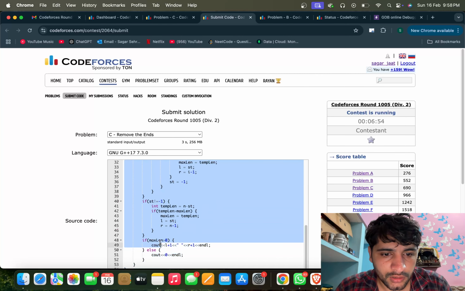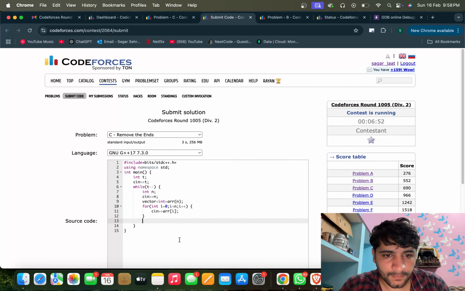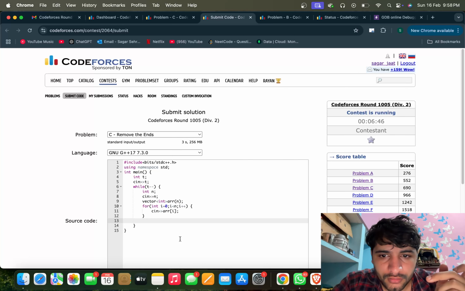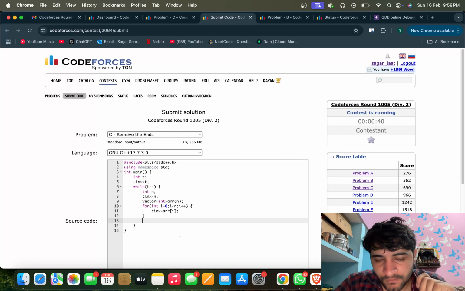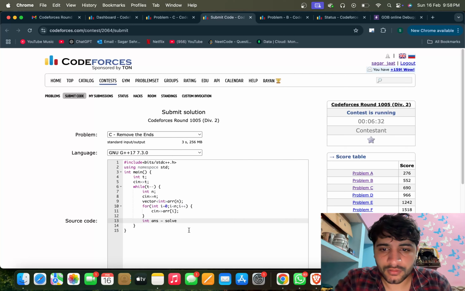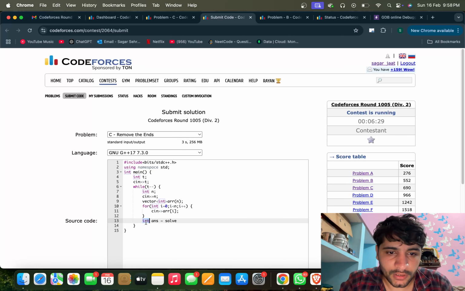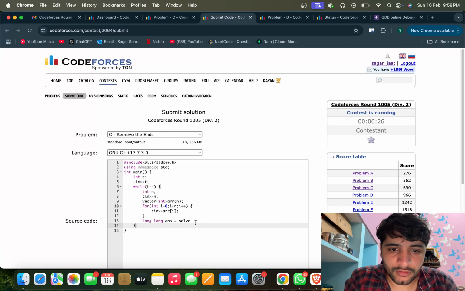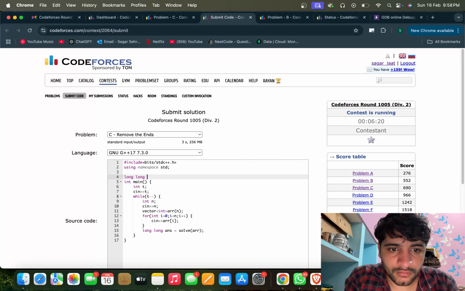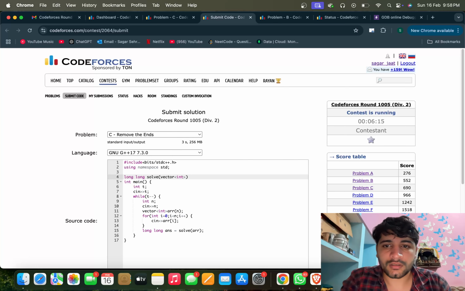We have got the input. And let's call this function. And answer is equal to solve. Let's make it long now. Solve for this array. Vector and